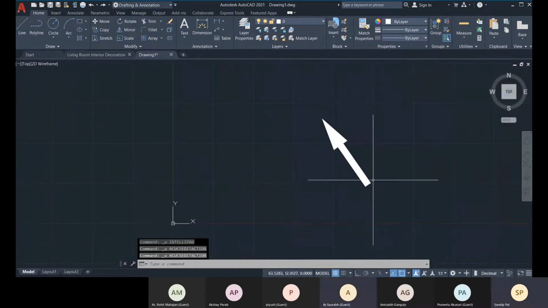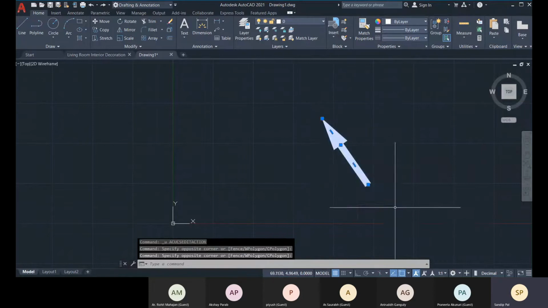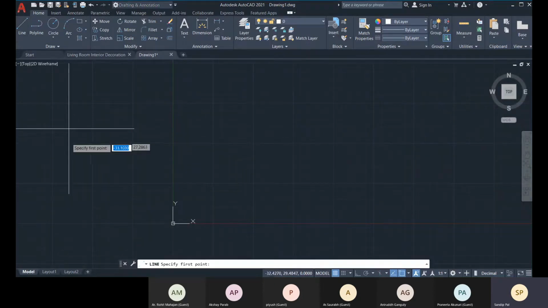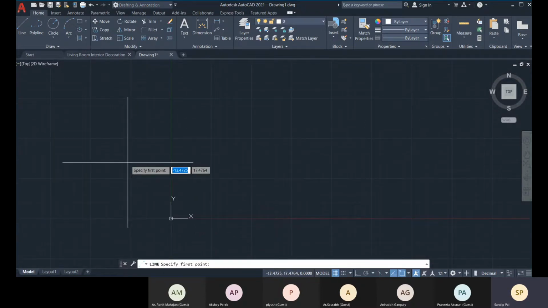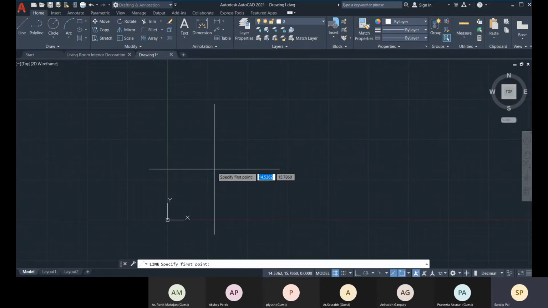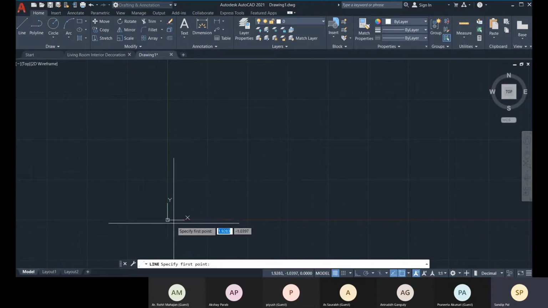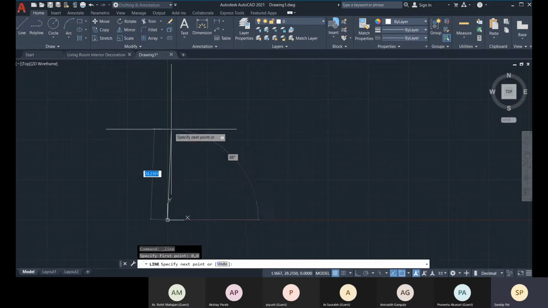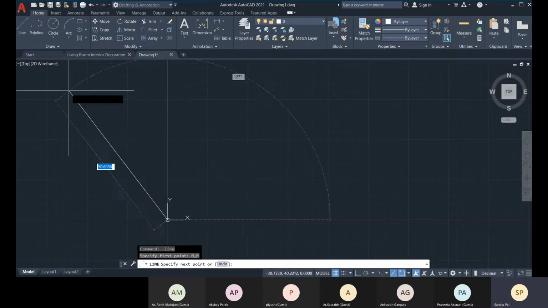Okay, now let's know about other tools. That is Line first. Line is basically to create line segments which will have a finite length. To create a line segment, the minimum number of points required is 2. First you can specify 0,0, and then you can specify any point.